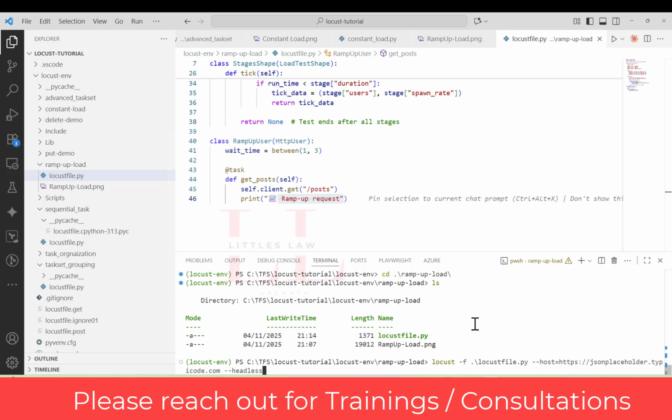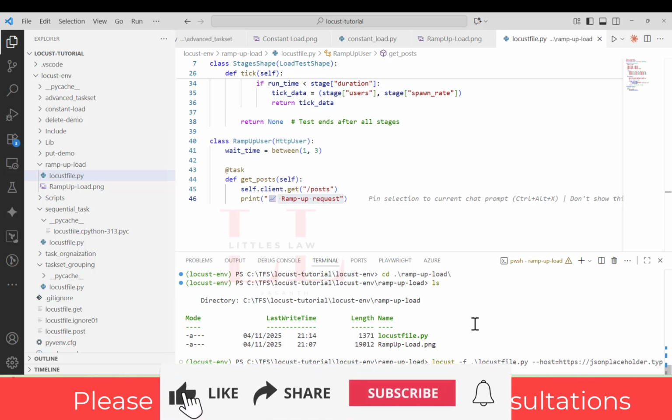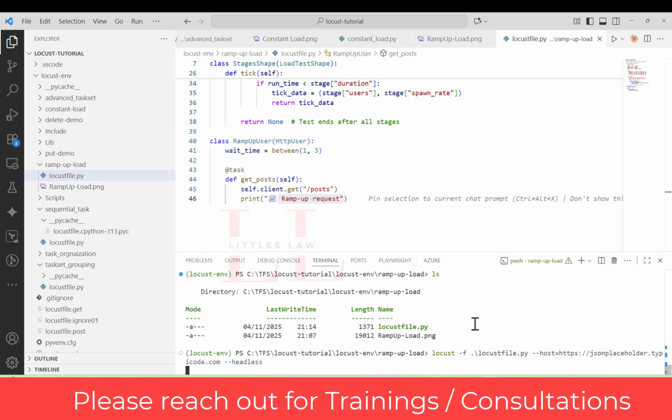So please note that we don't need to give any users or runtime. Usually we used to add the users and runtime part here, right? But here we don't need to add it because it's already added in the duration part. So the load test shape controls everything that we have given. So when I press enter here, now we can see the output where